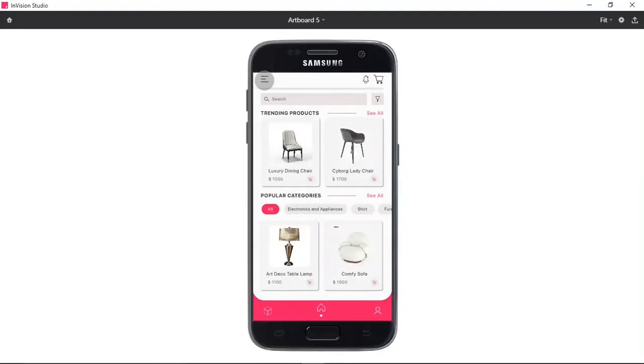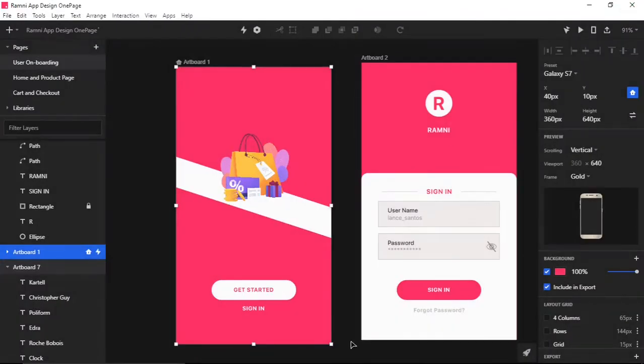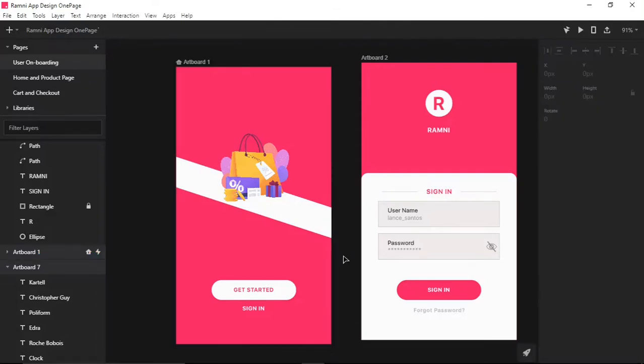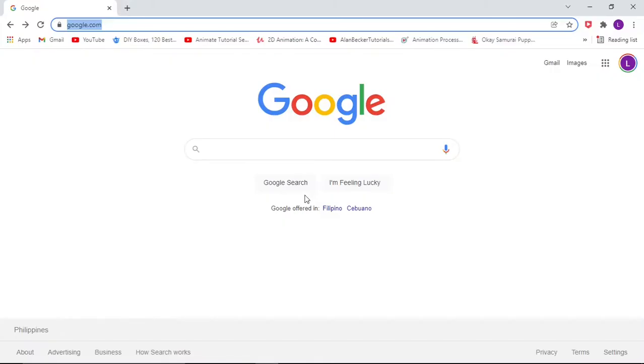So ang gagawin mo lang is yung mga major screen. So, yung mga important screen lang ang gagawan mo ng design. Okay, so this is an example of sample output na gagawin ninyo or gagawin natin. Okay, so as mentioned earlier, I will be sharing the site kung saan ko nakuha yung sample mobile app